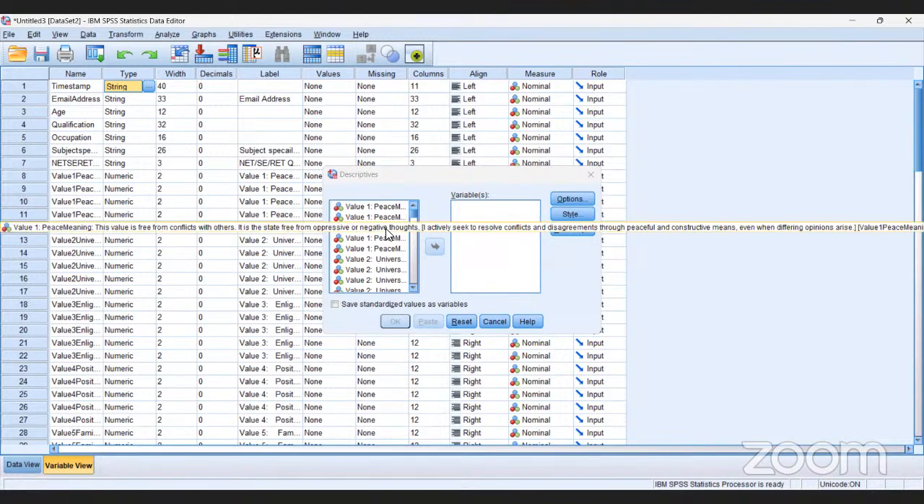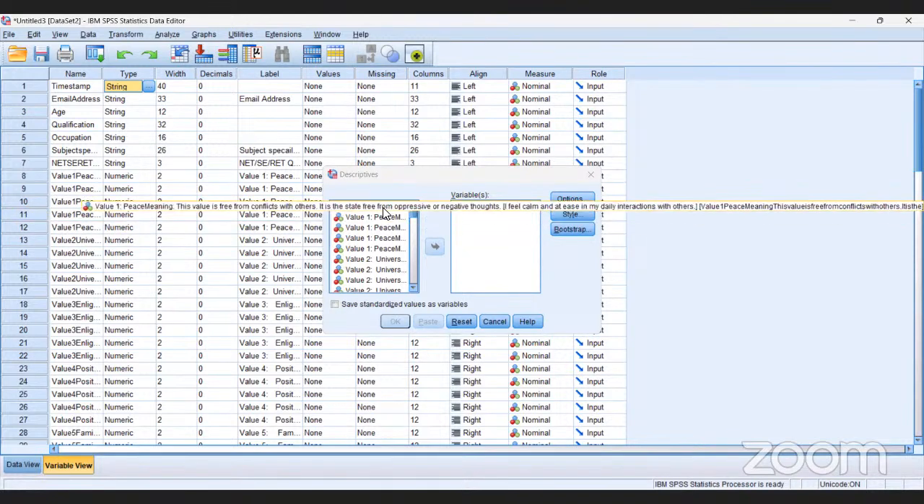Yes, sir. Clear? Okay. So now if I want to select all the data,